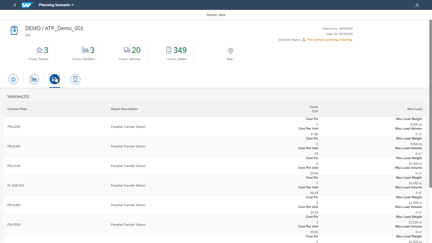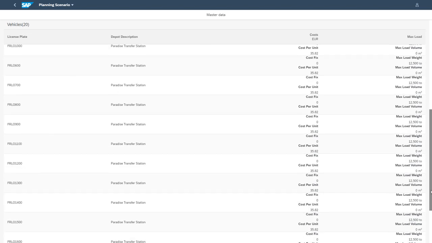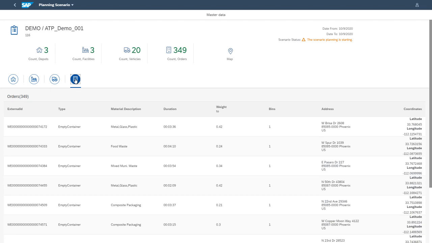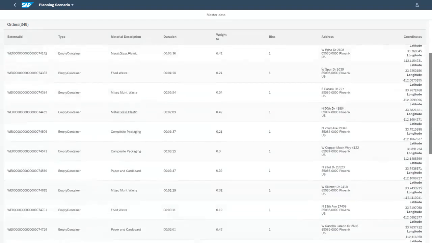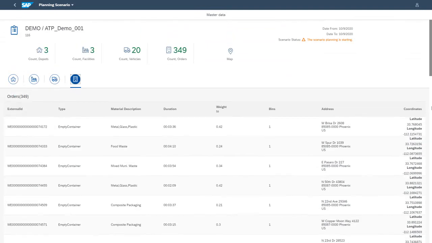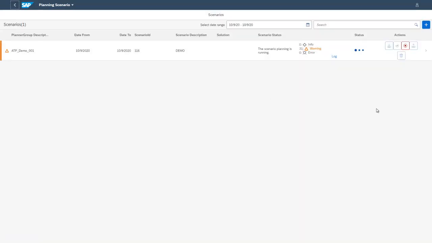We have 20 vehicles in this scenario, which you can see with all the information here. Let's see if we need all these 20. And we have 349 orders with the location and all their descriptions, which you can see here till the last one.